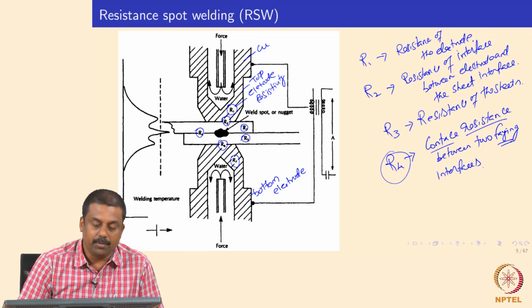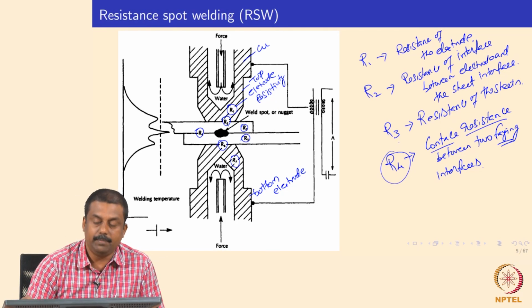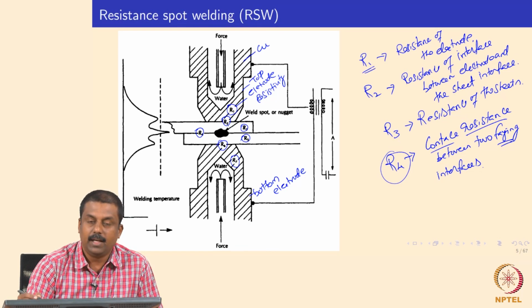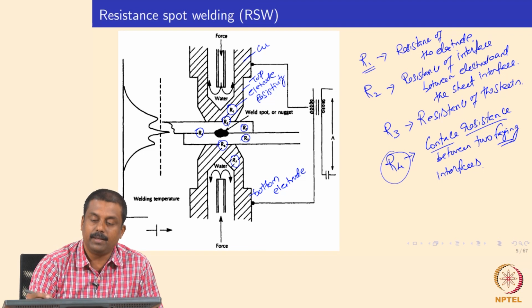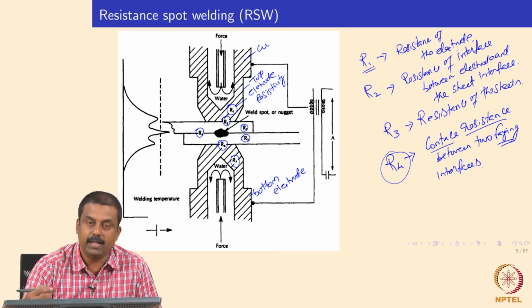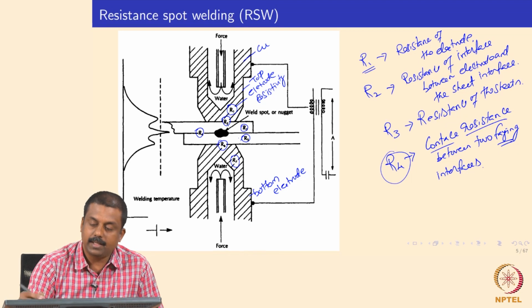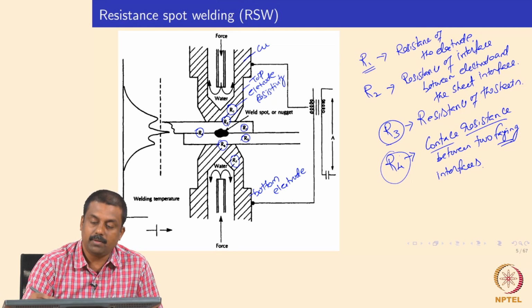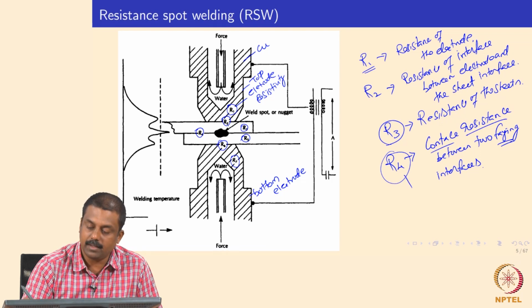And in this circuit, R4 is the maximum compared to the other resistances. For example, R1 is negligible because we use oxygen free high conductivity copper electrodes, so the resistance of the electrode itself becomes very negligible. R3 as well, compared to R2 and R4, is not really significant. But the resistance at the contact area between the 2 sheets, and at the contact area between the sheet interface and the electrode, becomes extremely significant in this circuit.